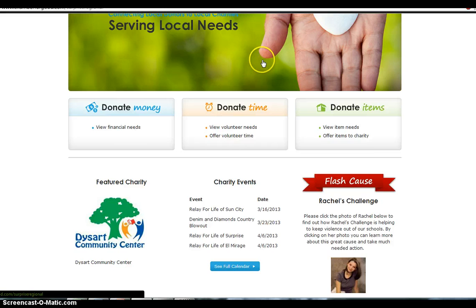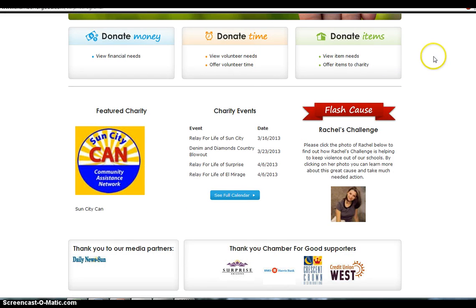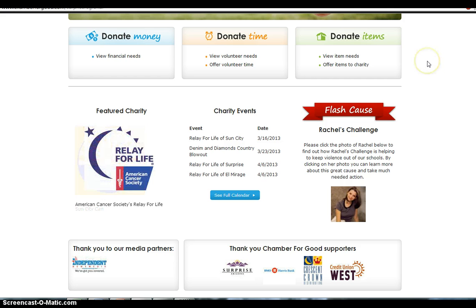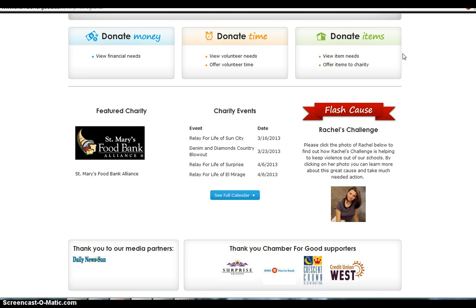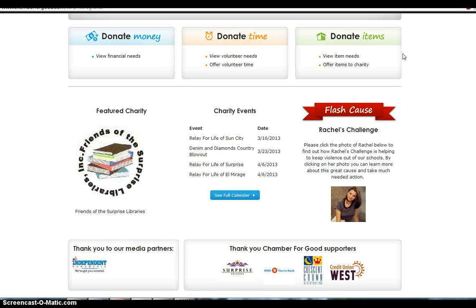We want them to feel at home, like this is part of the Chamber of Commerce. So you'll see that it's branded with your chamber logo, and it lists the communities that your Chamber of Commerce serves. Now we're going to skip down to really the soul of the Chamber for Good site, which is the 3 trailheads. Community members will find their way to the site through a whole bunch of different ways. So we won't focus on that right now, but let's just assume they get here,